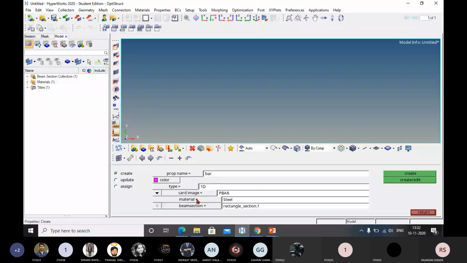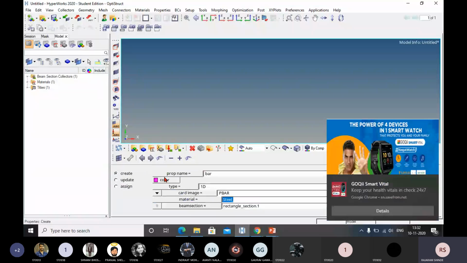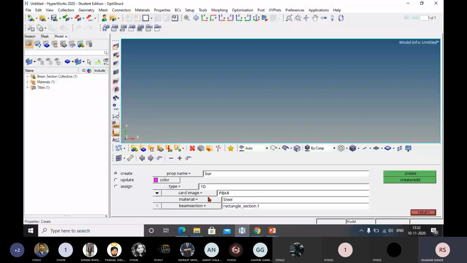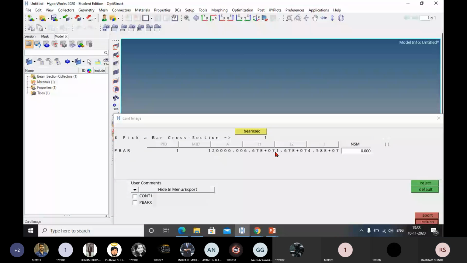Now the material is steel, and the beam section is created section. Have you got what we have to change? Card image we have to change to PBAR. Now you go to create edit. Now see here, this we are using for bar element. Here we have got area, but we need to define the